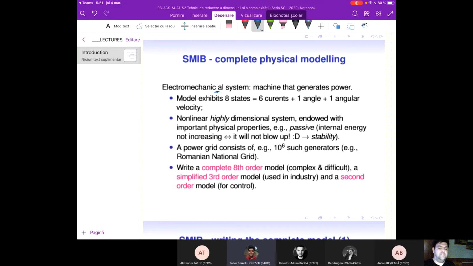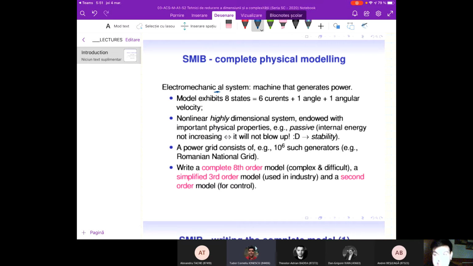This loss of internal energy essentially is an issue, or helps us induce the idea of stability of a certain device or a certain system. Okay, so it's an important property. It's interesting. The thing is that even if this model is simple or complicated, usually such generators